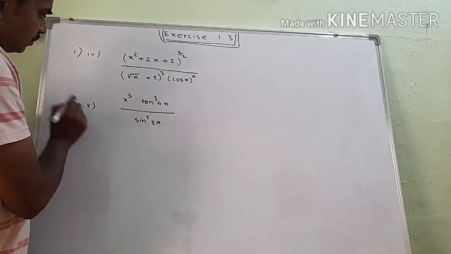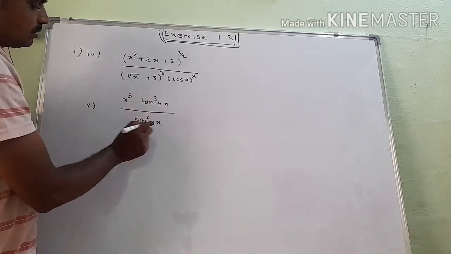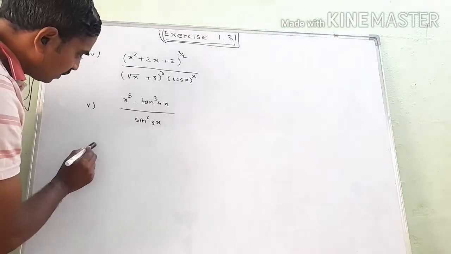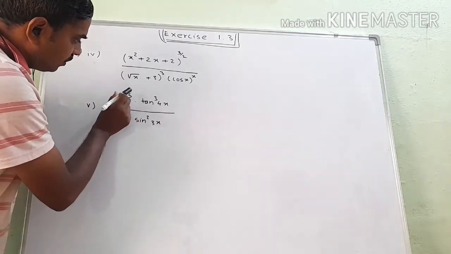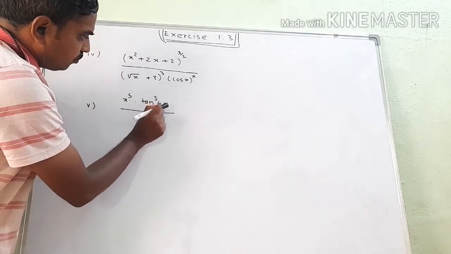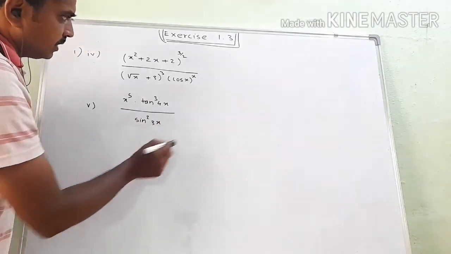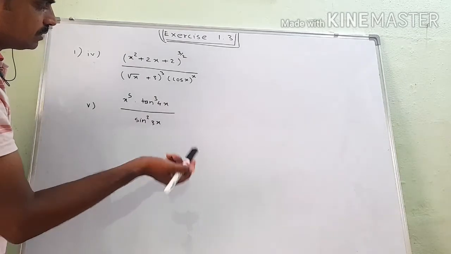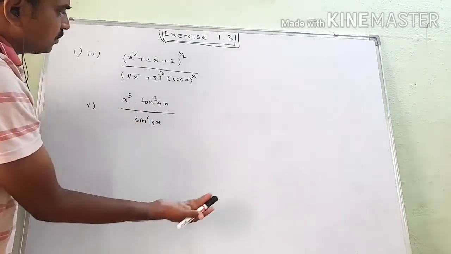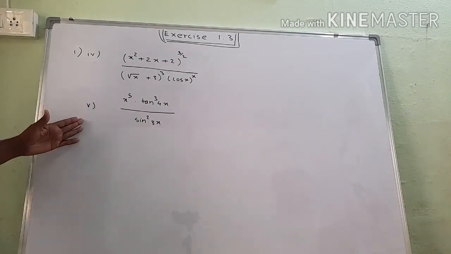Next, for example 5, similarly we can write y equal to the given expression as it is. Then by taking log on both sides, which equation will occur? Log y equal to 5 into log x plus 3 into log of tan of 4x minus 2 into log of sin 3x. Then we have to differentiate our equation with respect to x, and you will get the required differentiation by using previous examples. In this way we can solve the fourth and fifth examples.